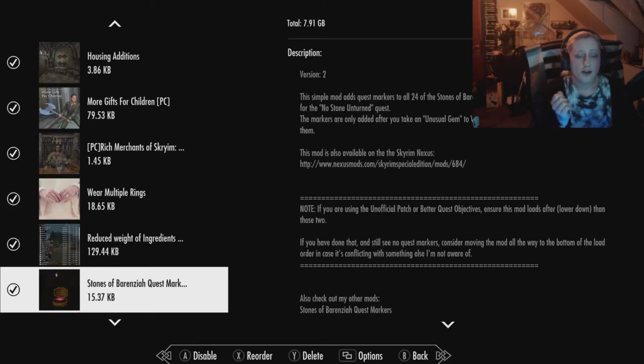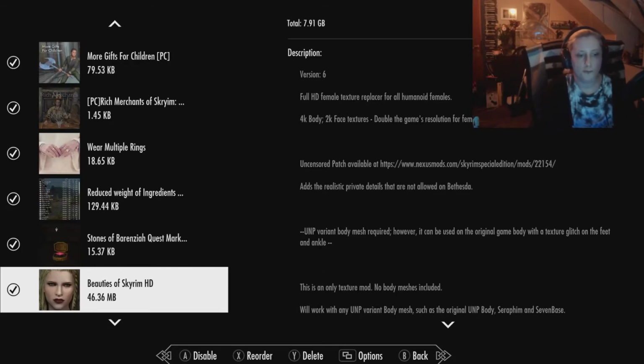And then, the Stones of Barenziah. Well, those weird pink stones. Oh, I still remember when we didn't know what to do with those things. But yeah, this essentially attaches a tiny quest marker on them. So you still have to go look for them, but now they are a bit, I wouldn't say easier to find because they're not. But this gives you a little nudge in the right direction, nonetheless, which is very helpful. Before it was like that, right? So,